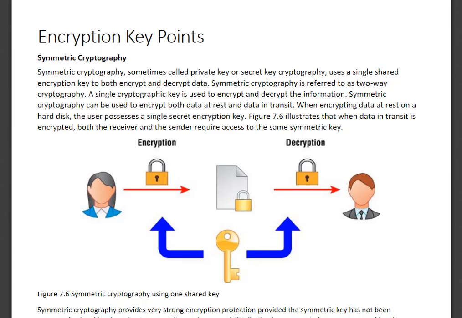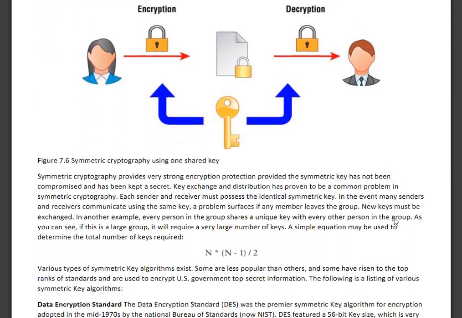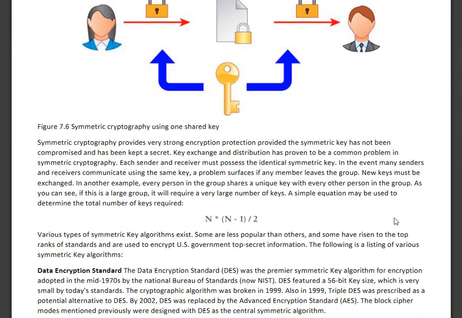Understand that it is totally dependent on the key remaining private. If we want to transmit an encrypted piece of data, the sender encrypts it using the private key. The receiver decrypts it using the same private key. It's very efficient. It provides very strong encryption protection, provided that that key has not been compromised and has been